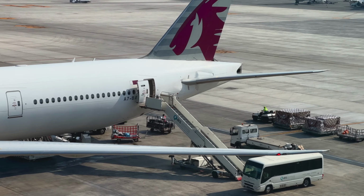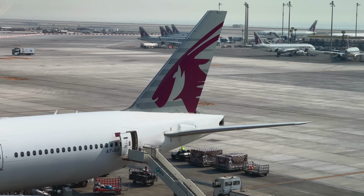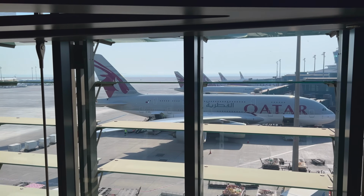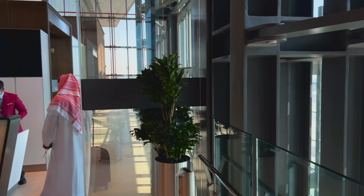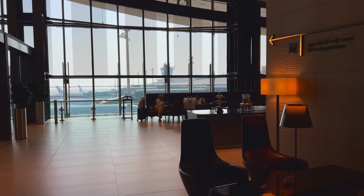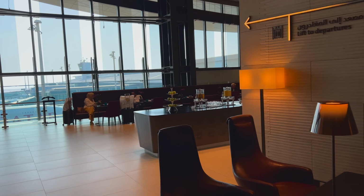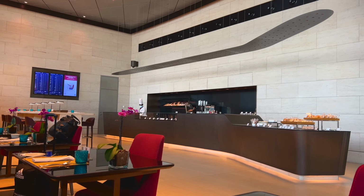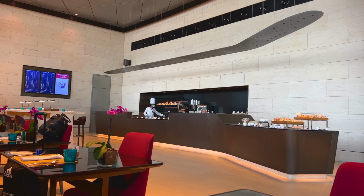On this day, I also got to experience a special feature of the Al Safwa lounge for the first time, namely lounge boarding. This is something Emirates is very famous for, but at Qatar Airways, this only really occurs if you have a bus gate. There's another dining area here which doubles as a waiting room. There were a good dozen flights departing with bus gates from here, mostly for Privilege Club Platinum members in business class,